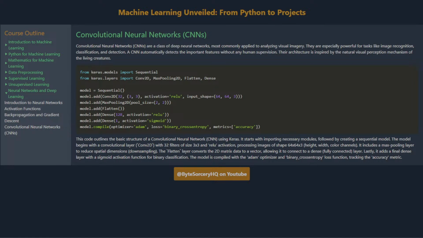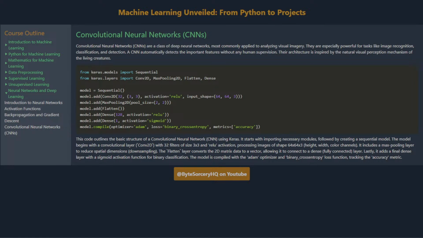This code outlines the basic structure of a convolutional neural network, CNN, using Keras. It starts with importing necessary modules, followed by creating a sequential model. The model begins with a convolutional layer, Conv2D, with 32 filters of size 3x3 and ReLU activation, processing images of shape 64x64x3, height, width, color channels.